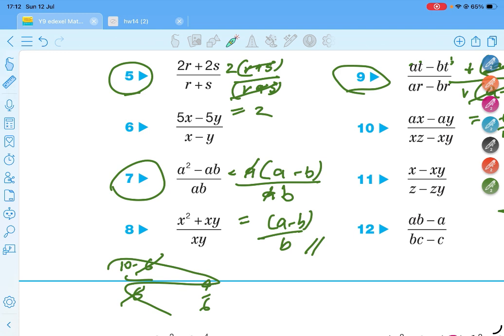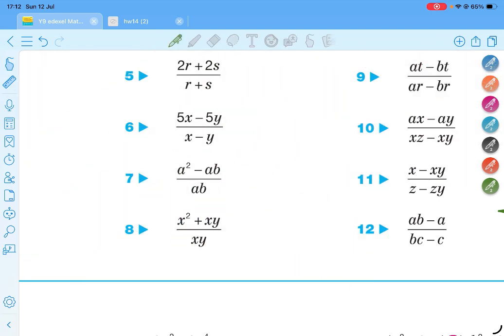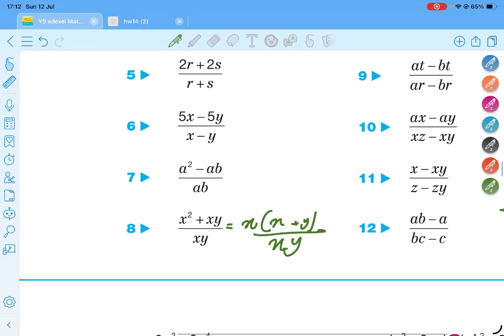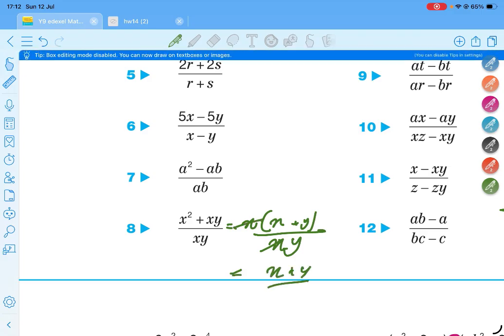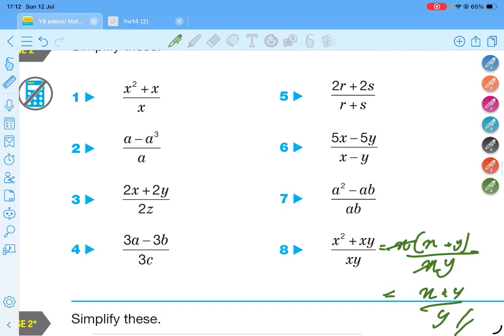Which one? This one, no? In the numerator you can see x is common. If x is taken out, x is here, there is positive y here. Numerator, that is xy. And x and x being simplified, then you can obtain the answer x plus y over y. That is the final answer. That's good, but not the time expected.